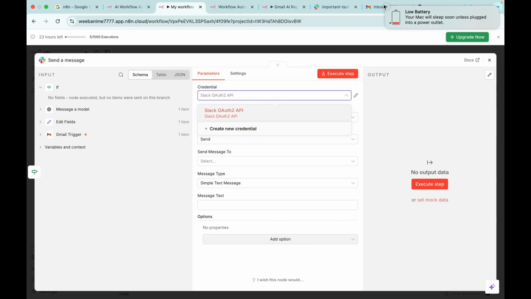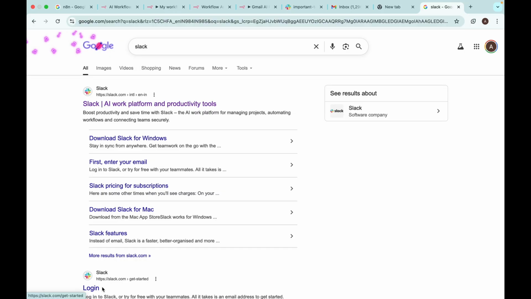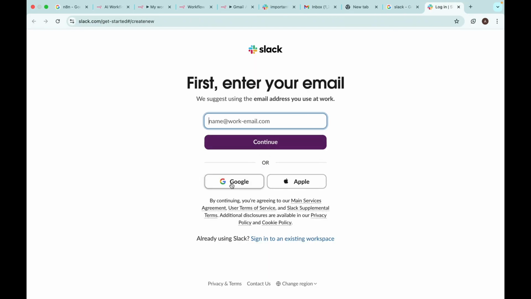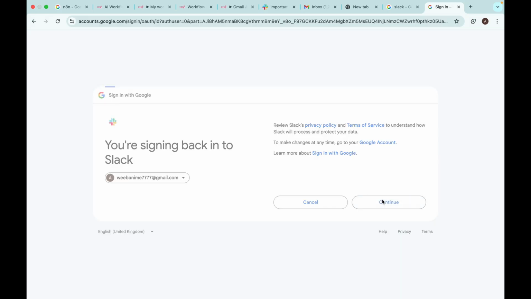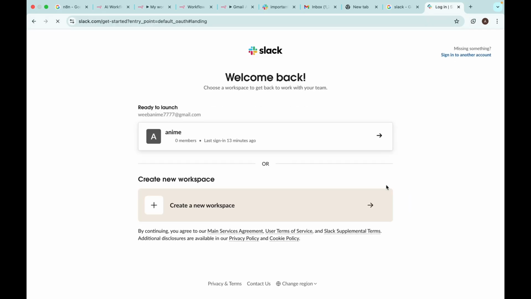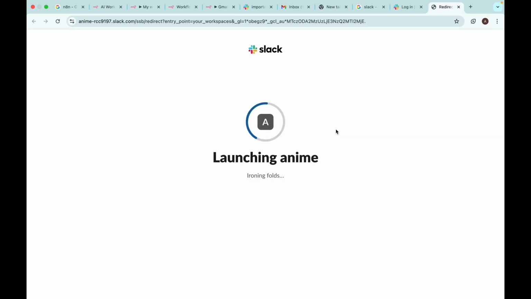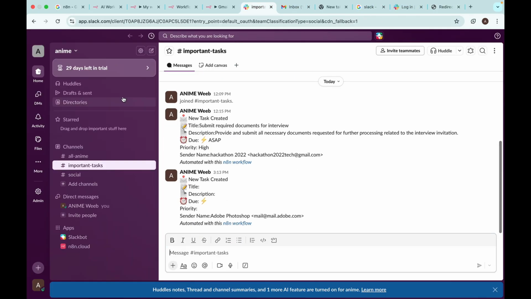Before that, if you don't have an account for Slack, you can go to slack.com. Go to Slack, login, then create it using your Google. Choose the account, and automatically it will be signing in. After that, it's launching right now. It takes some time. You can use Slack in your browser or you can use the app as well. So it will be in this fashion,